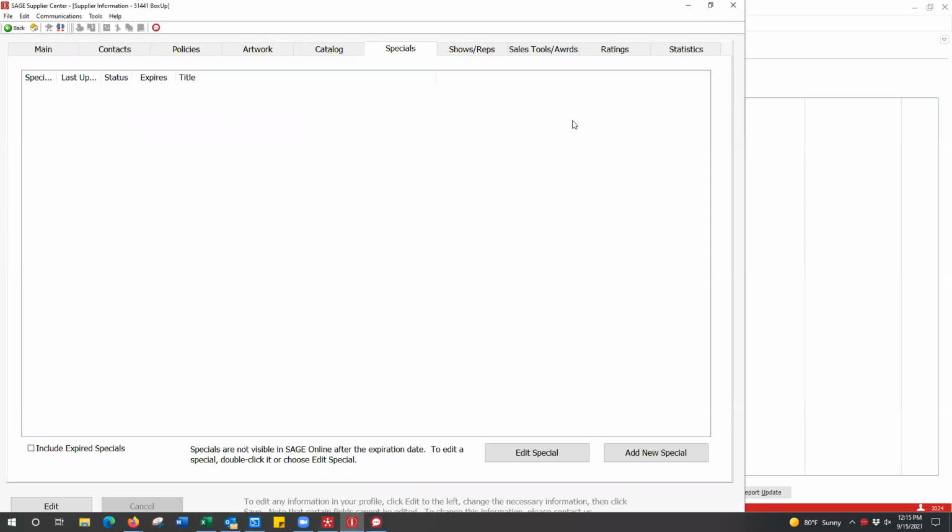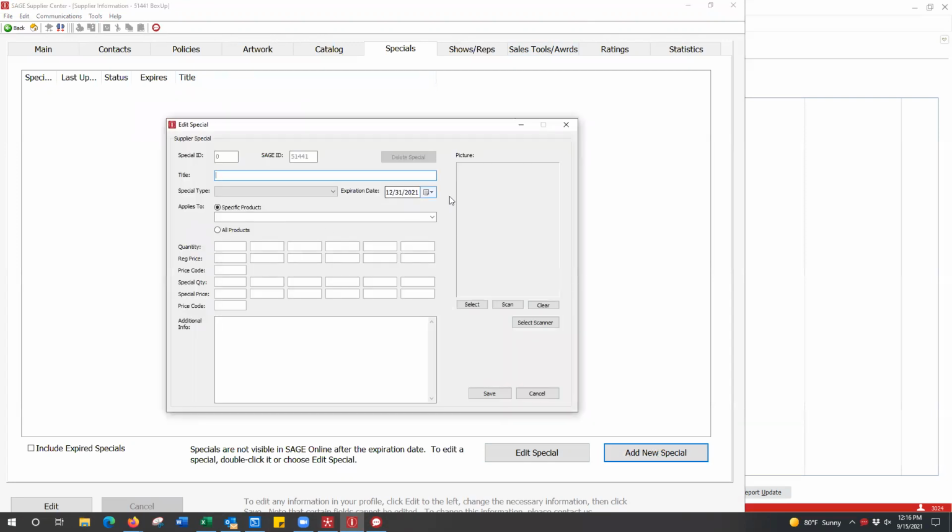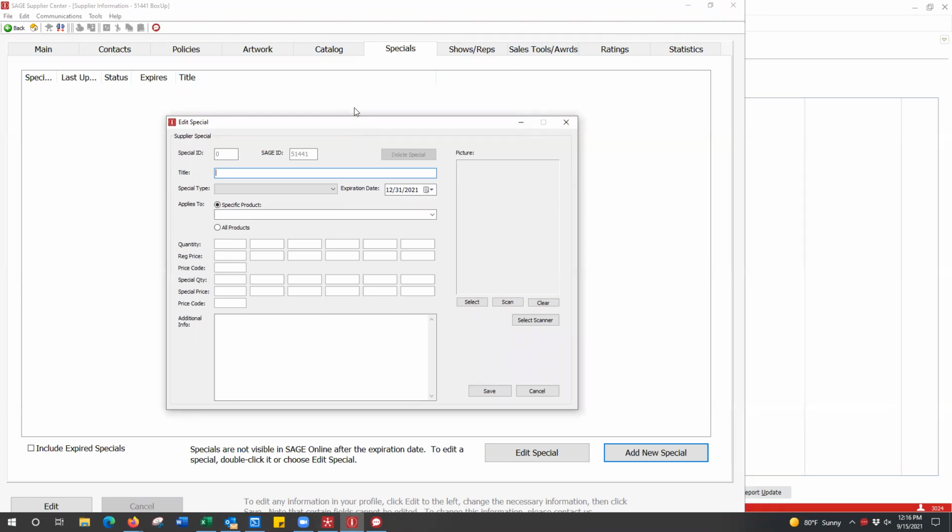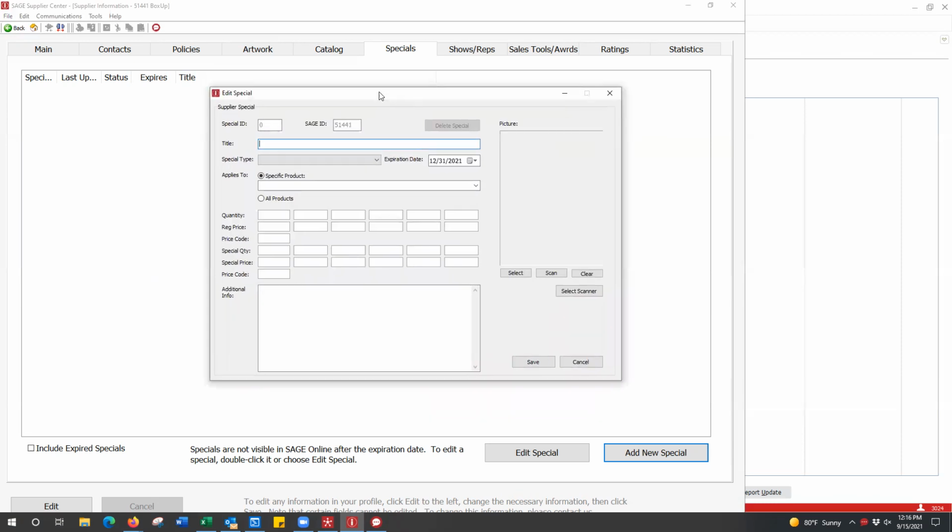Gotcha. So Carmen, are we able to create specials, maybe they're seasonal, and be able to schedule them to where they would appear for a certain period of time and then disappear? Yes. When specials are added, you actually put in your expiration date, and it automatically goes inactive once it expires. Okay. And there's not a way to set them up ahead of time. So you basically have to set them up either the day before or the day of your special, and then just put in your expiration date. Okay, so there's no real way to schedule them in advance or make them reoccurring.